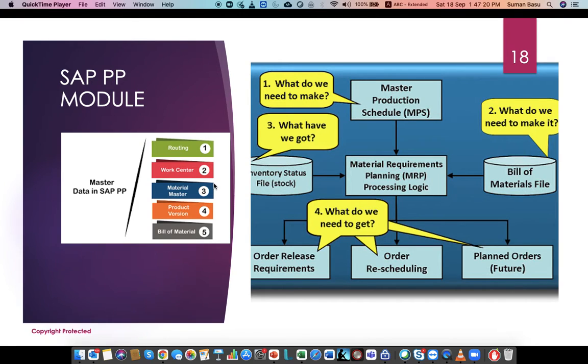Then the next master data which is available is called material master, and material master is actually across all modules, whether it is SD, PP, MM, FI, CO, QM, name any module, material master is common. What will material master do? In material master, we will define what raw materials we are going to use, those will be ROH.